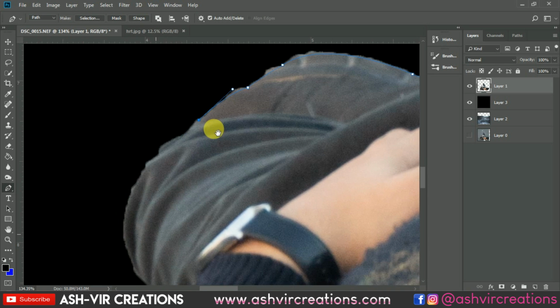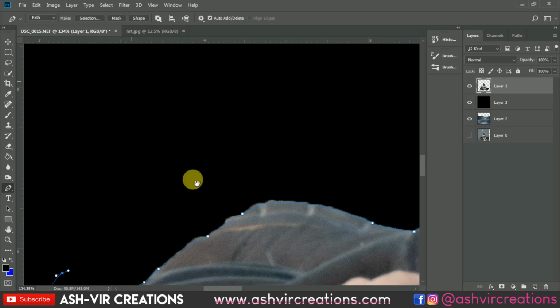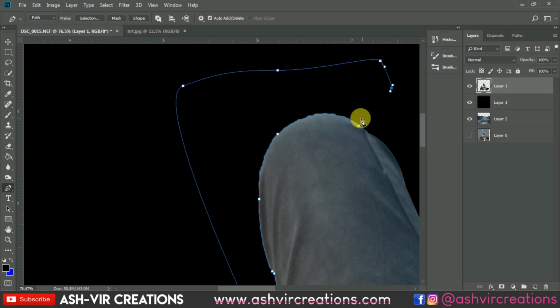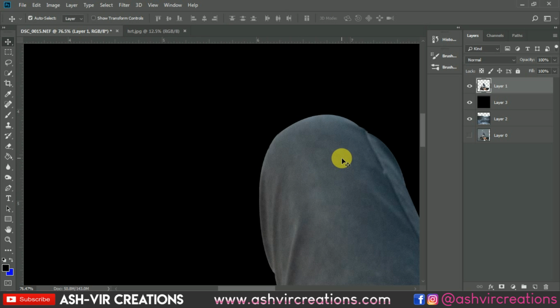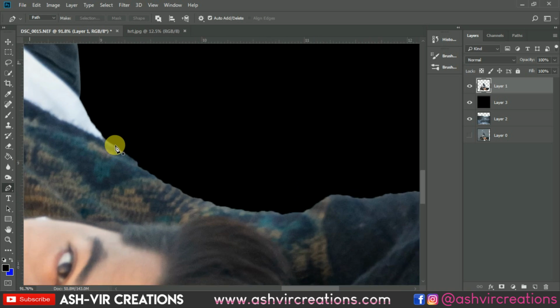This is how you have to select this image in a perfect position so that it will look more realistic, which we actually want. Now just press Ctrl Enter from the keyboard and just delete it. If you are using a Mac, then you can use Command and Enter to select this portion. So here you can see we have almost done the process of